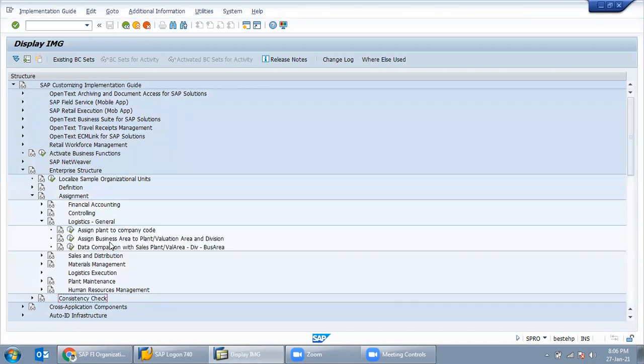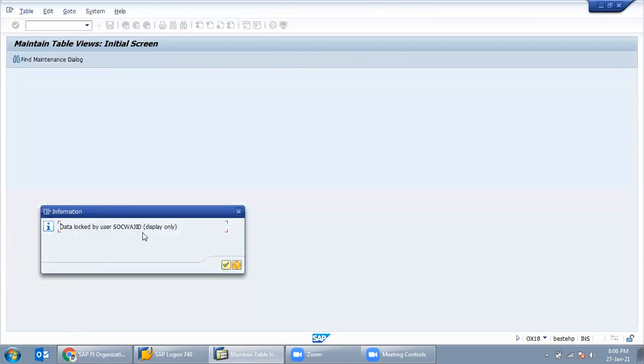Logistic general, assign plant to company code. Here also it is the same thing. Whatever we create, we need to assign to our hierarchy level, that is the company code. Assign plant to company code is the linking together. The plant will be linked with the company code.